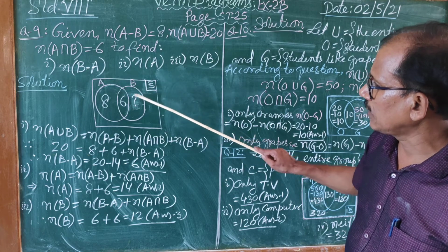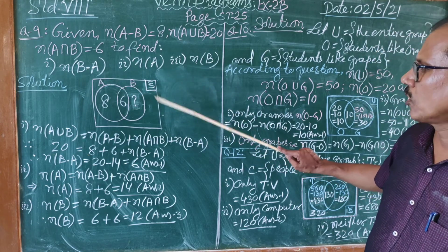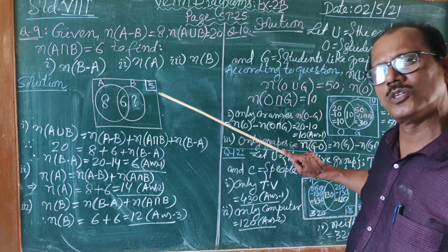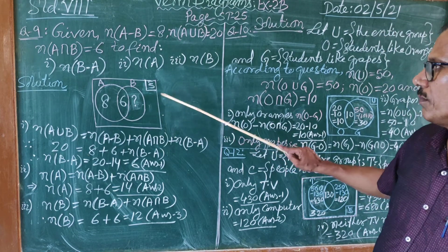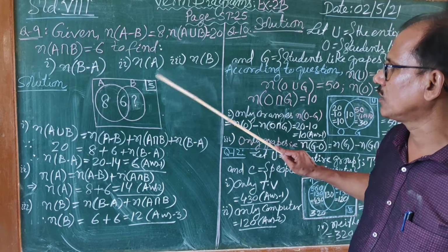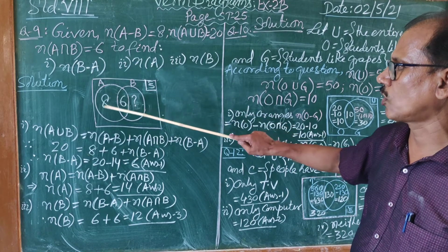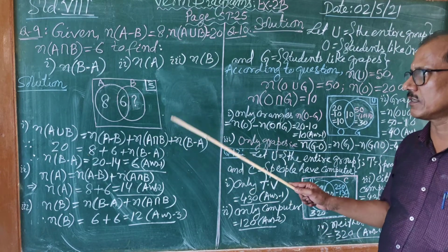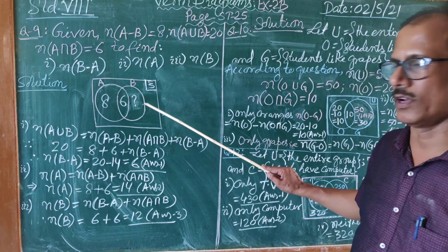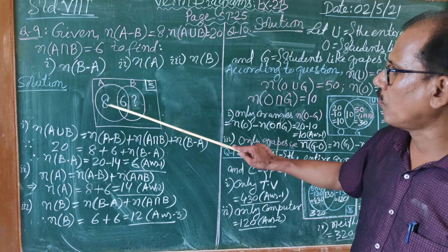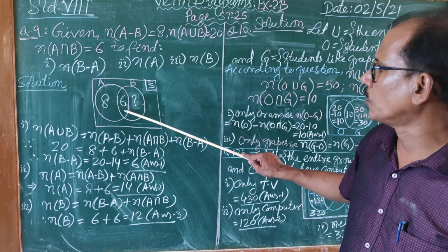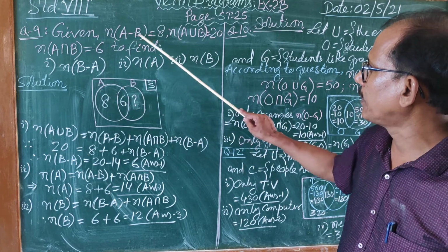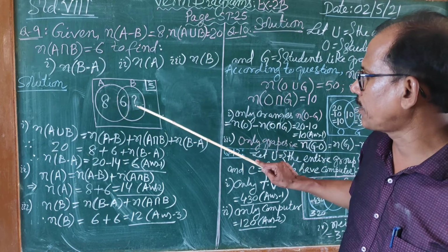Then A. In this case, if you had not drawn the universal set, it would also have been nothing wrong, because this problem can be solved by drawing two subsets only. But it is always better that the subsets are under the universal set. If you draw it, it's not bad. Okay. Now what about this part, you know, and this part you know. A minus B also you know. This part will be obvious.